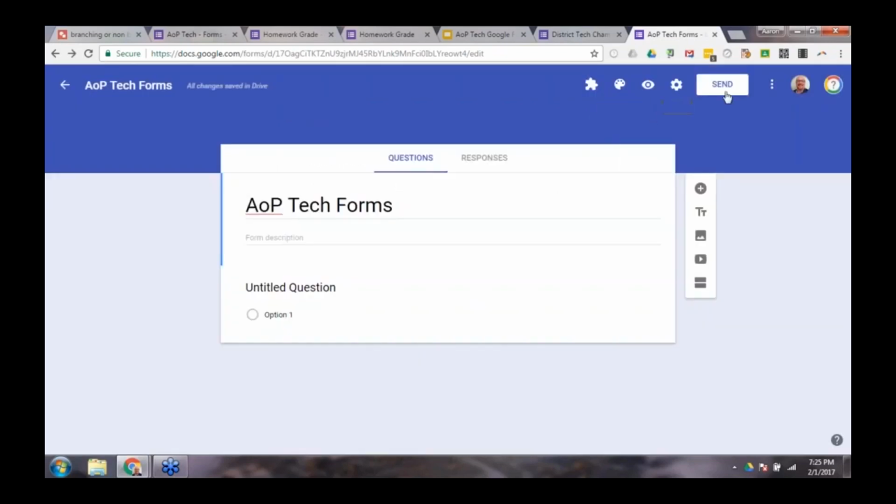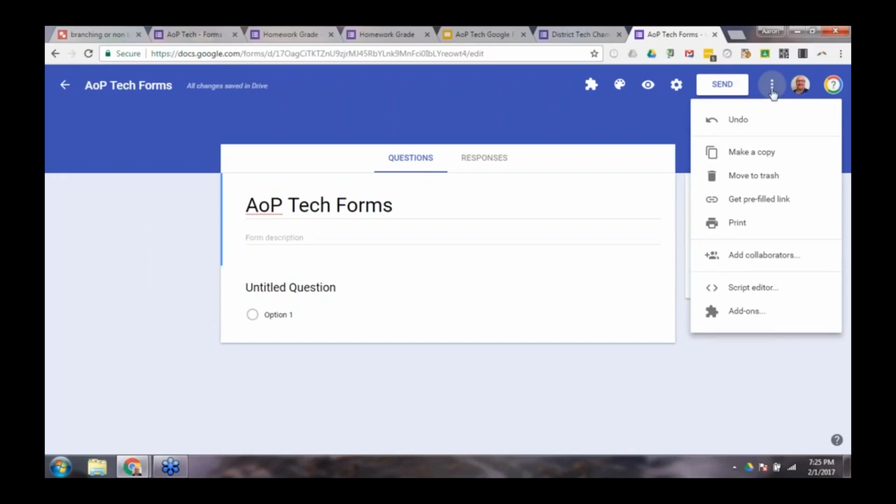So we've discussed the send option. Moving to the right, we have the three little snowmen. Anytime in Google, if you see three little dots or three horizontal lines, that's Google's universal code for there's a menu here. So if you go ahead and click on this, we have some options in terms of undo,